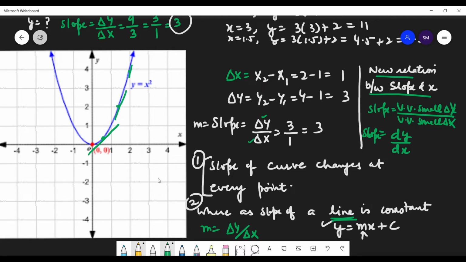Yes, sir. So here I will take y as very small and x as very small. At any point on the curve, the slope will be delta y by delta x. So when you are finding the slope on the curve, what will be the slope, students? Very small change in y divided by very small change in x. But when you are finding the slope for a line, you can take any change in x and any change in y. It will work. Is this okay?